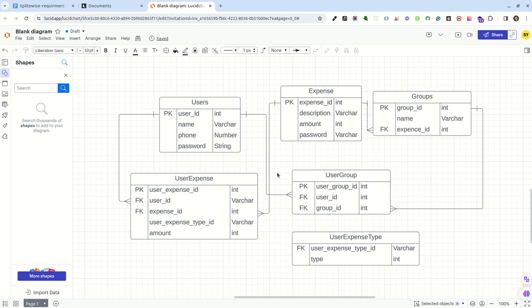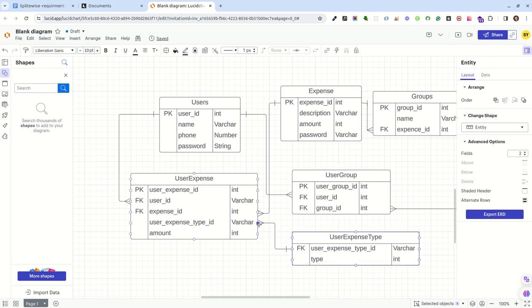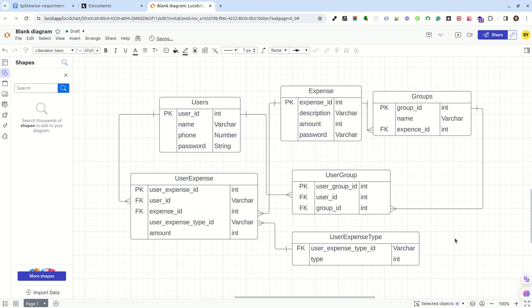So I think we have one thing pending, the type. For type we will take it from here and we will connect it from here. So now you can see I think we have connected all the things. So here we have completed our